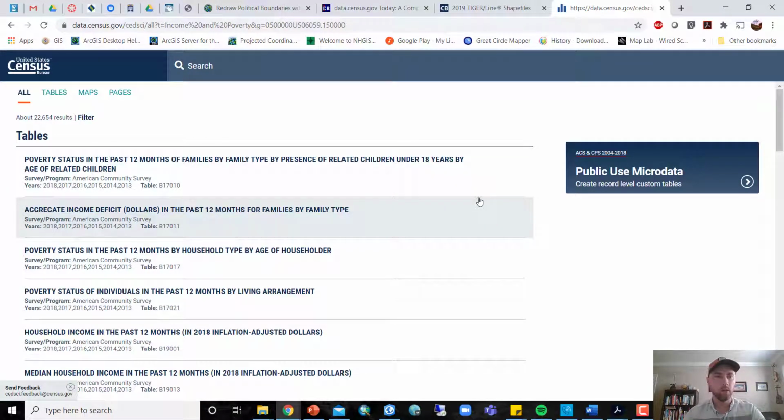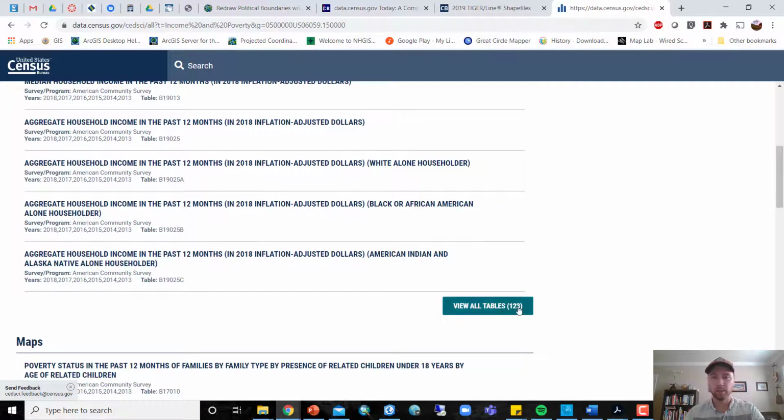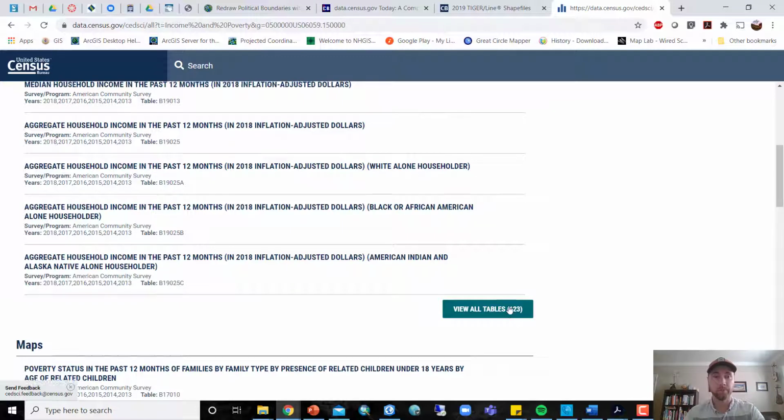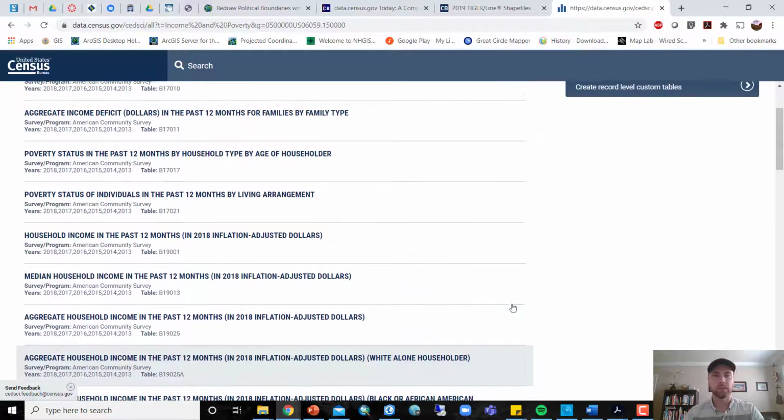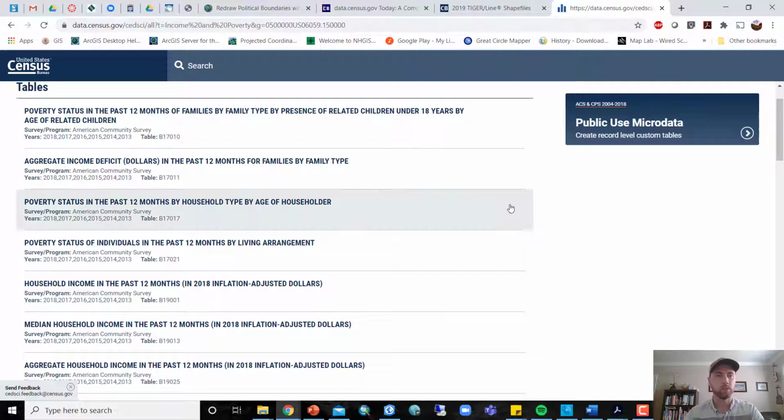And then these are all of the different data tables that are related to income and poverty. Okay, so we have a lot. You've got 123 tables you can choose from. Luckily, ours happens to be in the first page of results. We want median household income in the past 12 months in 2018 inflation adjusted dollars. Shorthand for that, the table code is B19013. So that's right here,